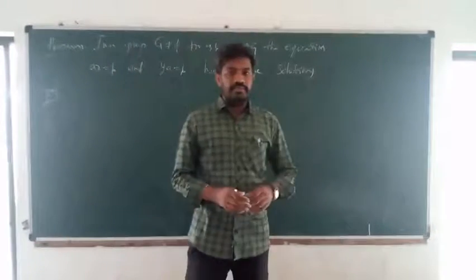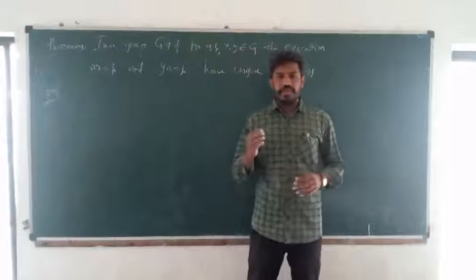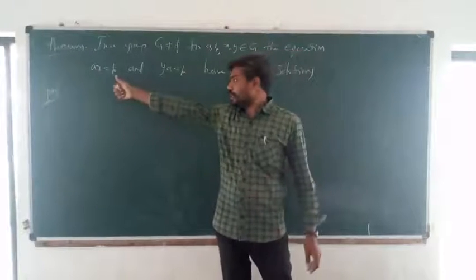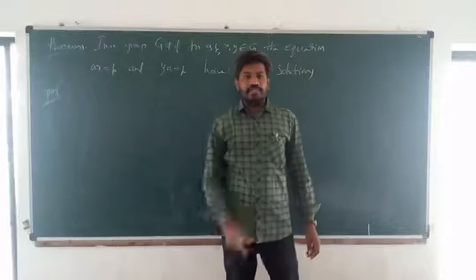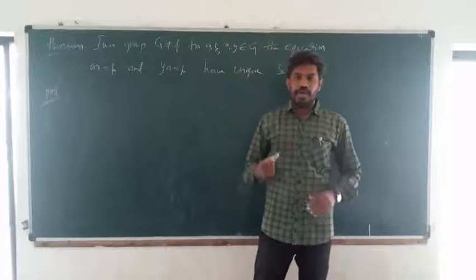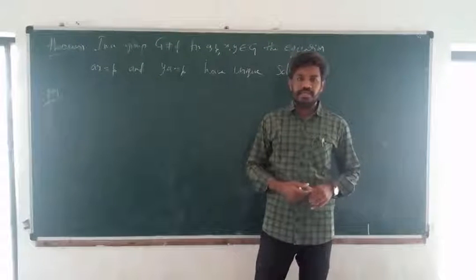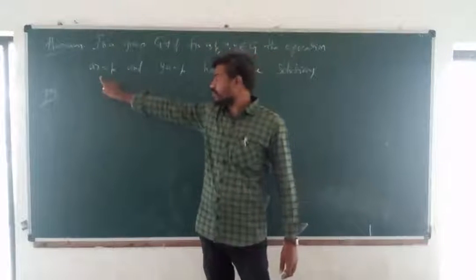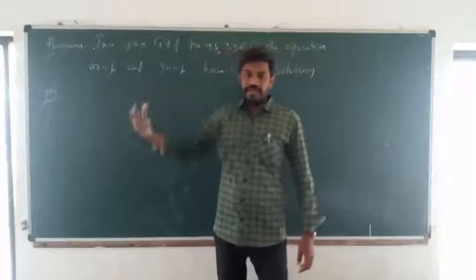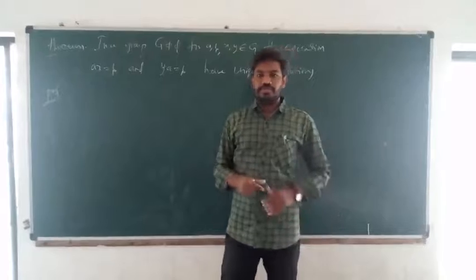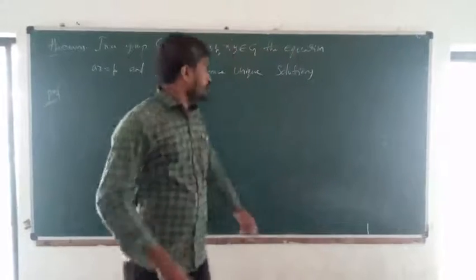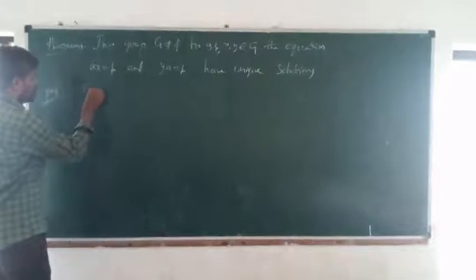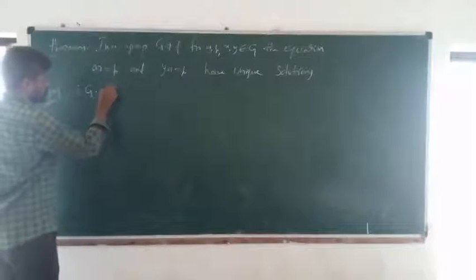And what is the second condition? You can find out that only one x value exists, only one fixed value, not more values. Two conditions: first you can find out the x value, and next that x value is a unique solution. So prove that G, dot is a group.